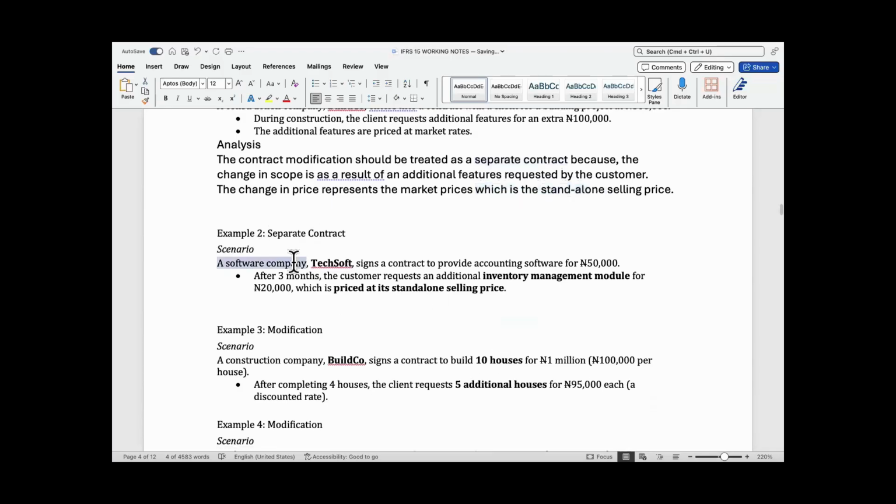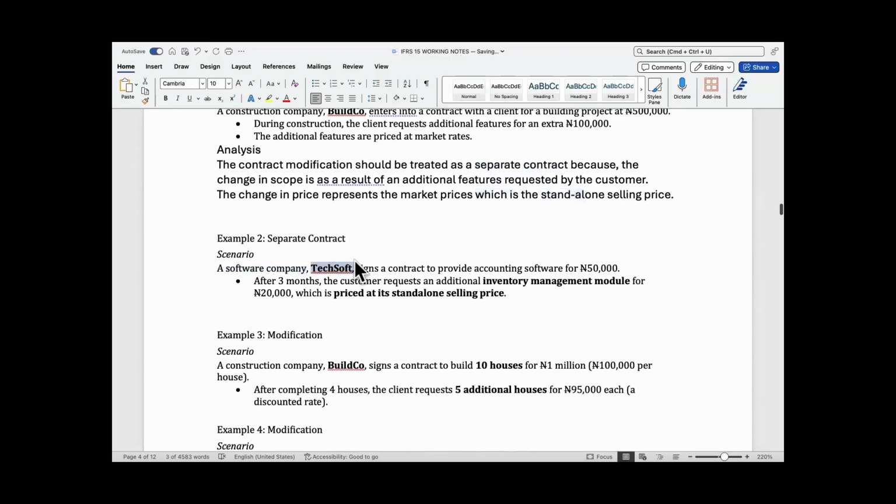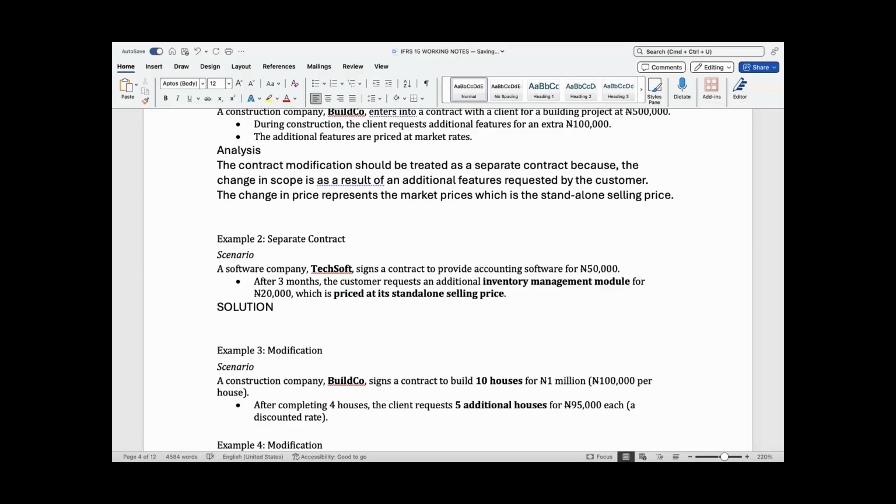Another one is a software company called TechSoft that signs a contract to provide accounting software for 50,000. After 3 months, the customer requests an additional inventory management module for 20,000, which is priced at its standalone selling price. Again, the contract modification